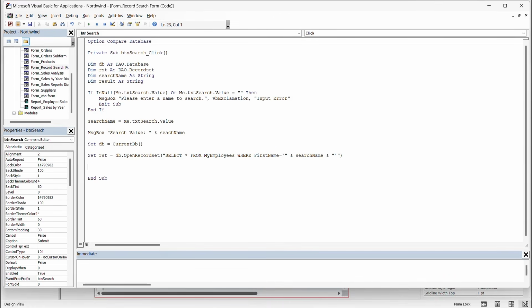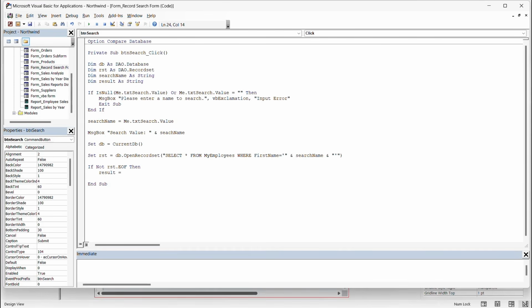Now we have to write another If. We're going to say If Not RST.EOF. So this is another one of those where you're probably saying, well, Joe, what is the EOF? What does this mean? EOF means end of file. So if the record set end of file, it's just going to check if the record exists. It's checking if it has reached the end, which would indicate no records were found. So it's just the code to say, search through the whole table and see if you reach the end of the file. So if nothing pulled up, well then,